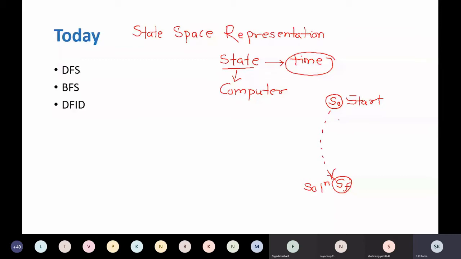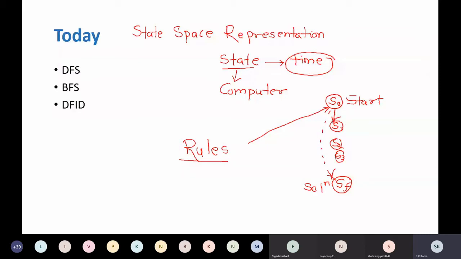During this process you may get a set of intermediate states, for example S1, S2, S3 and so on. Ultimately your objective is to convert S0 into SF, but to do that you have a set of rules which you will have to follow while solving these problems, and these rules are problem dependent. You start with S0, find an appropriate rule which can be applied on S0, and that gives you some other state. For example, you got state S1.